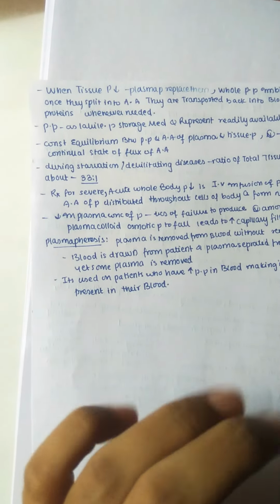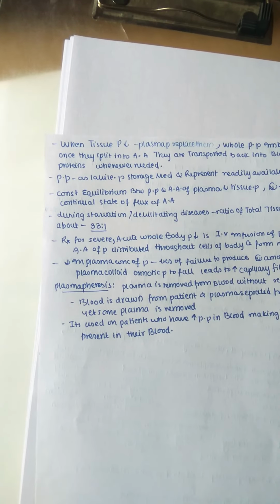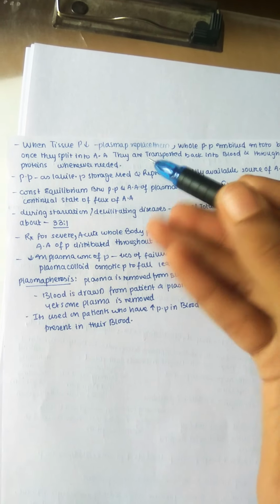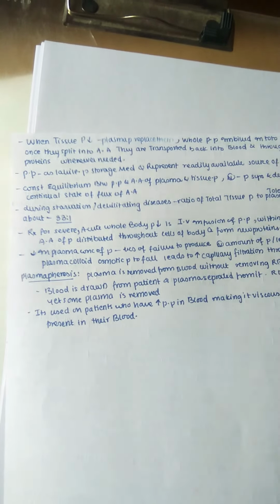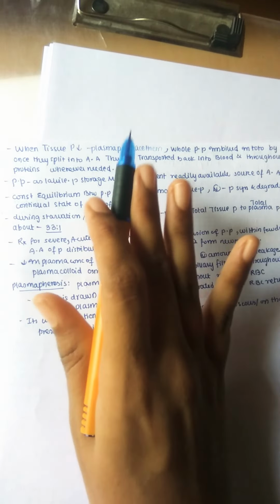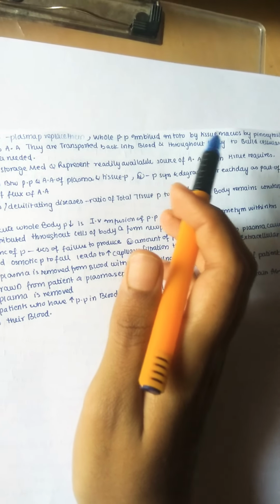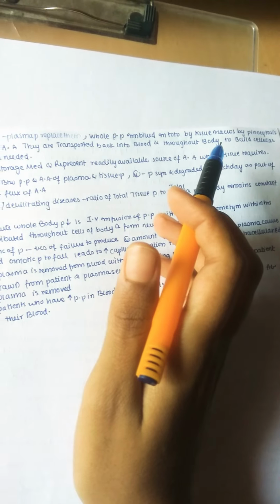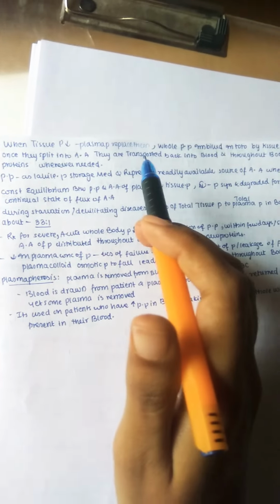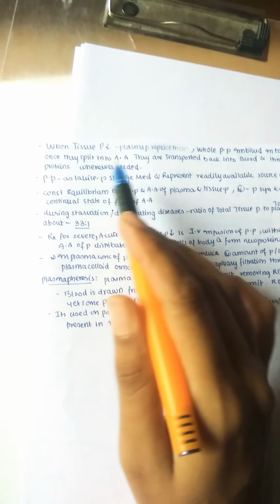And next we are coming to the end. When the tissue proteins are decreased, by any disease or whatever the reason, whenever the tissue proteins are low, then the plasma protein will immediately replace them. So this is one of the important and nice helping natures of plasma protein. Whenever the tissue protein is low, plasma goes there and helps them. The whole plasma protein is imbibed into the tissue macrophages, mainly by the process of pinocytosis. Once they are split into amino acids, they are transported back into the blood and throughout the body to build the cellular proteins wherever needed.